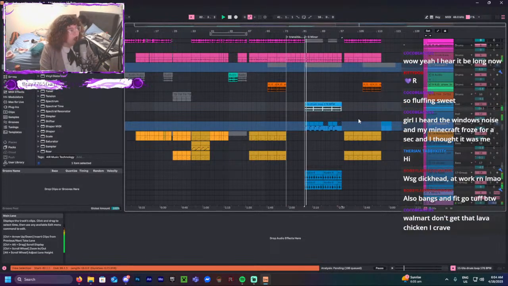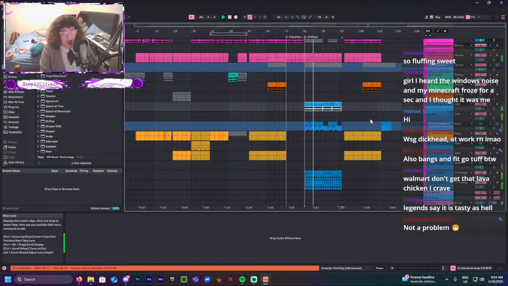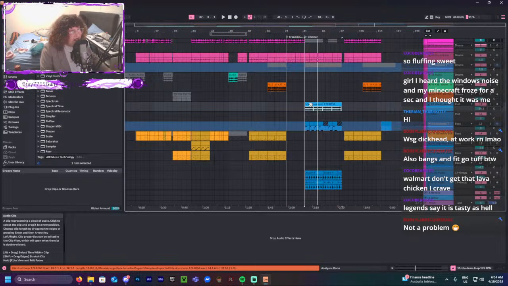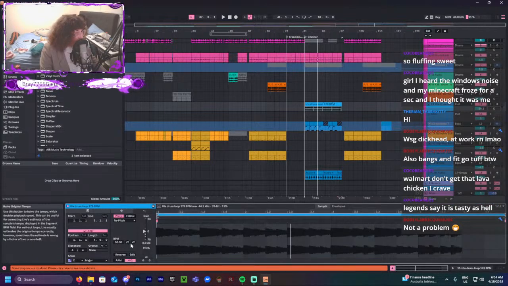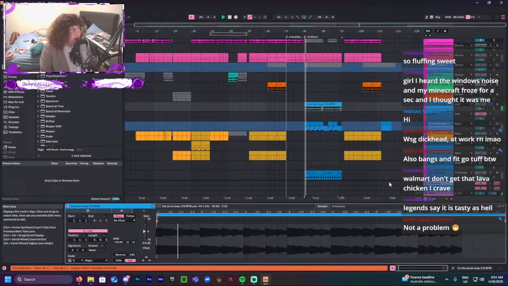No one can ever know what that drum loop is, because that was meant to be used as a reference track and I forgot to mute it in the final version. Holy shit, that's bad. That's bad, because if I half the speed of that,